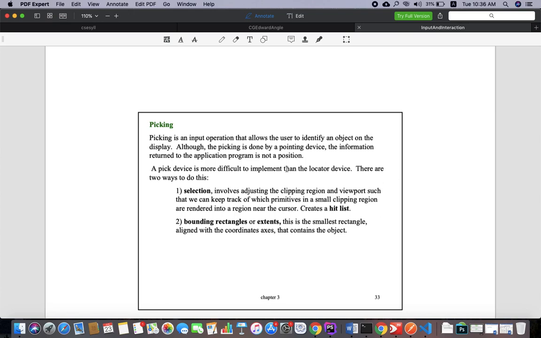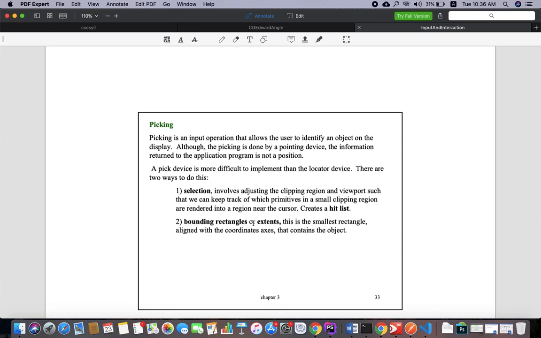So whatever we have to select, that is what we have. So when you have a particular modeling of a face, or you need to do some alteration to your face, then what does a photographer do? He just selects one region, and then he makes the changes he wants, and that is what we call a selection. And then multiple points will be generated, and that will be put inside the hit list.